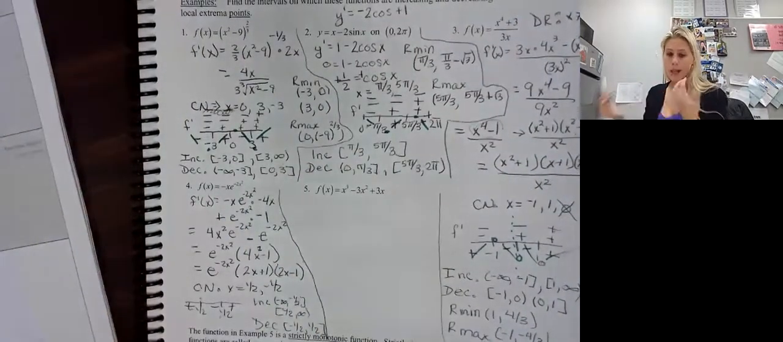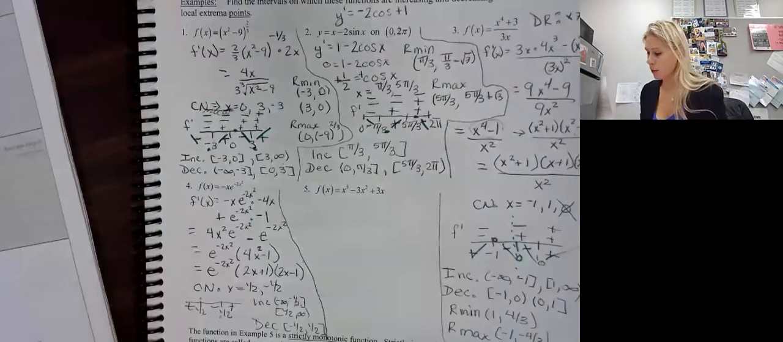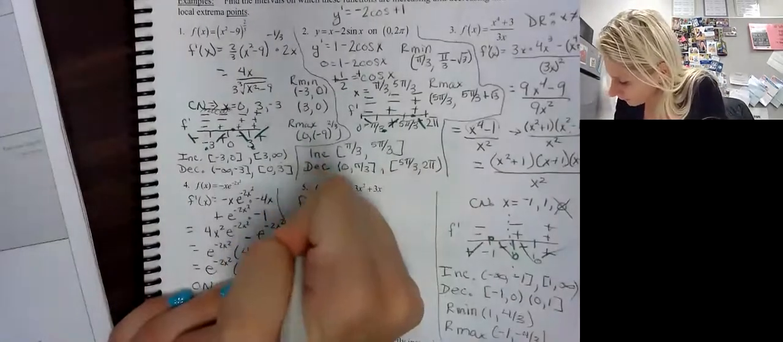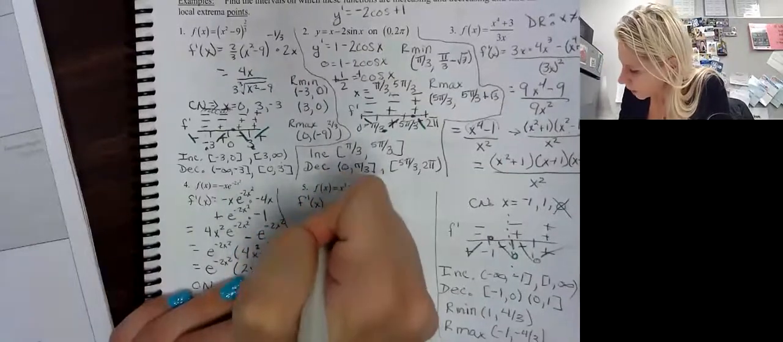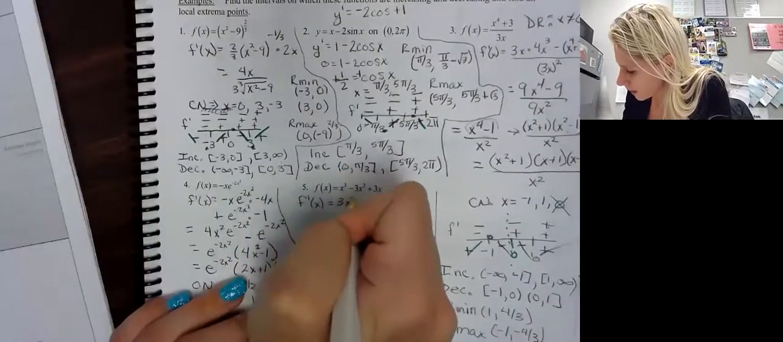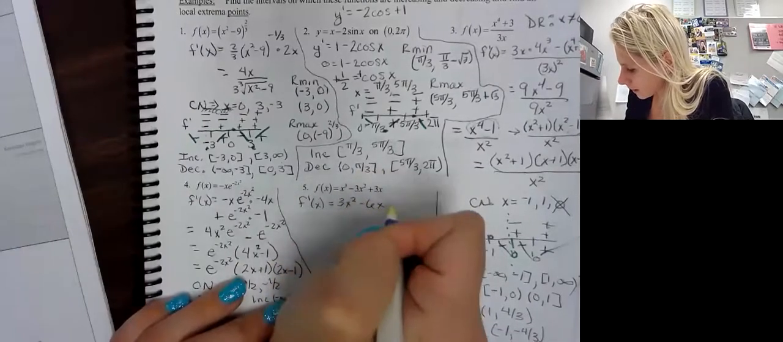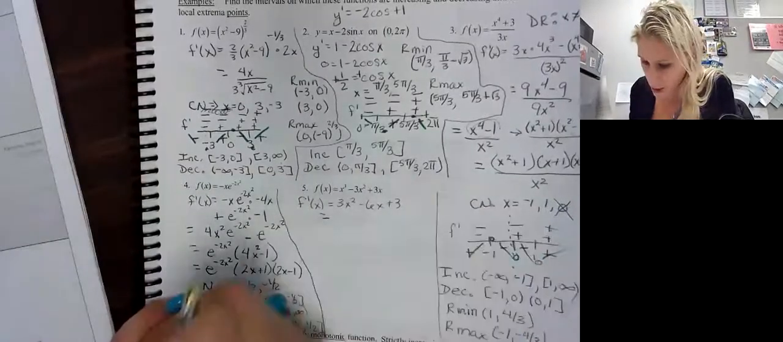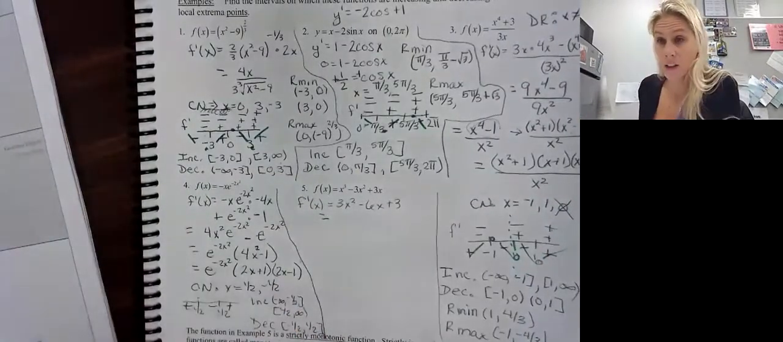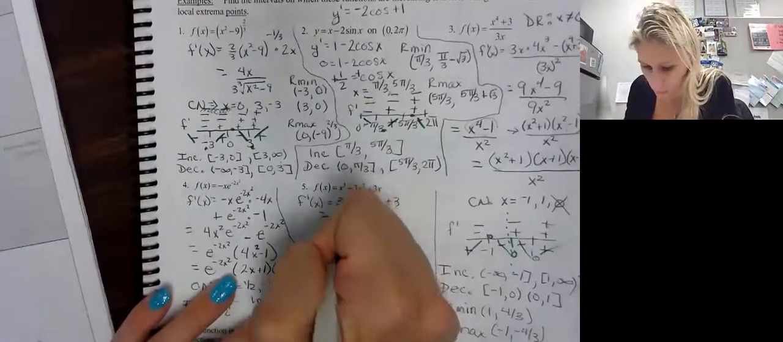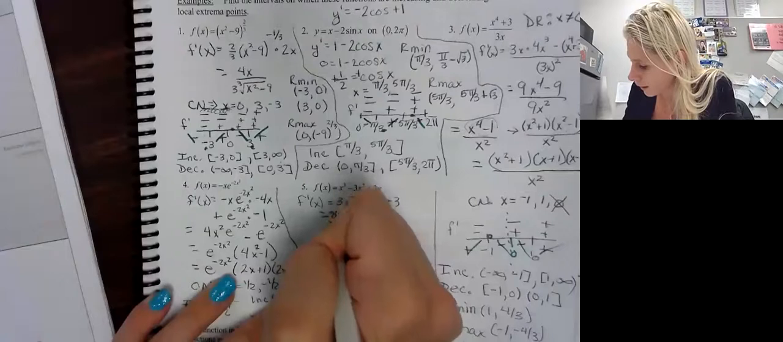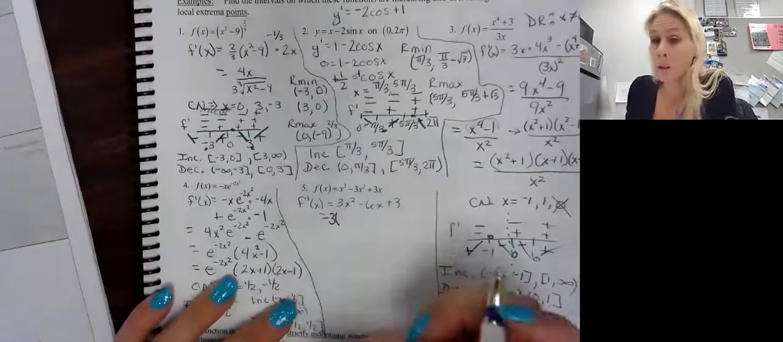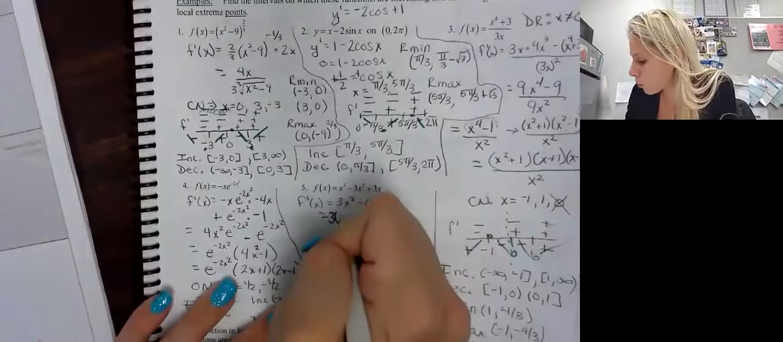Okay, number 5. First of all, any domain restrictions? No, there's no problem. This is a continuous function all the way through. So let's do our derivative. We get 3x squared minus 6x plus 3. What I want you guys to see is that we can do a greatest common factor and factor that out. So I'm going to do that so I save room. So it's going to be 3 times x minus 1 times x minus 1,